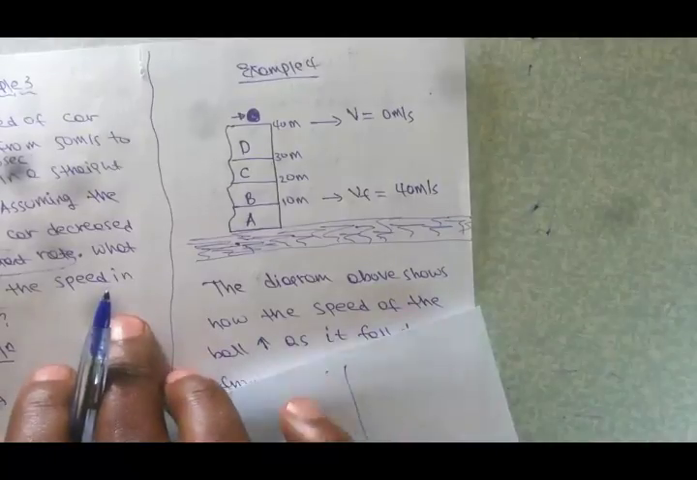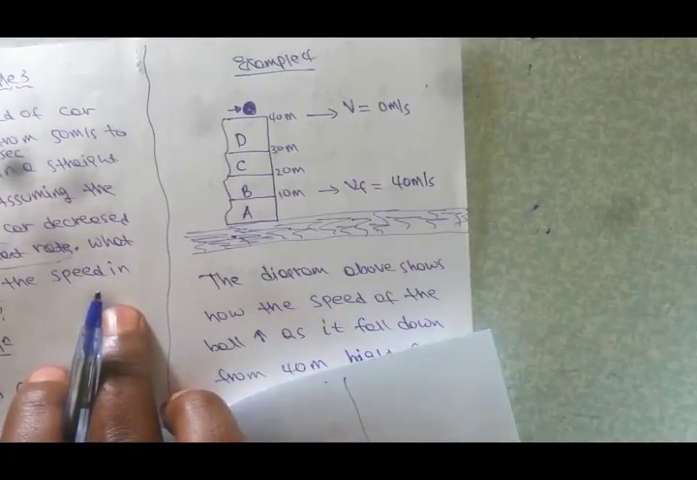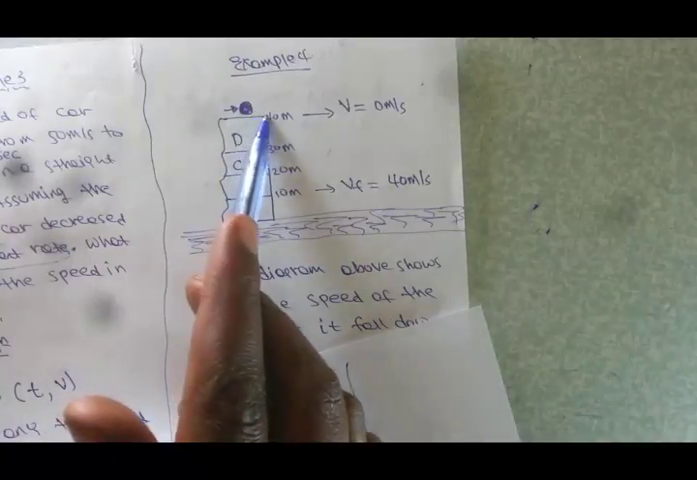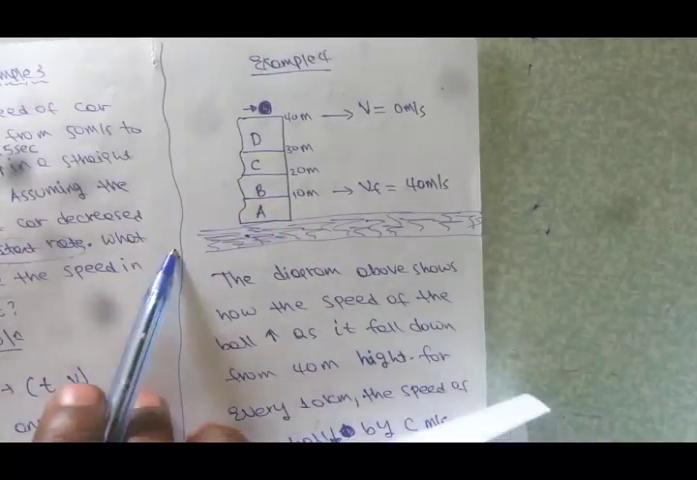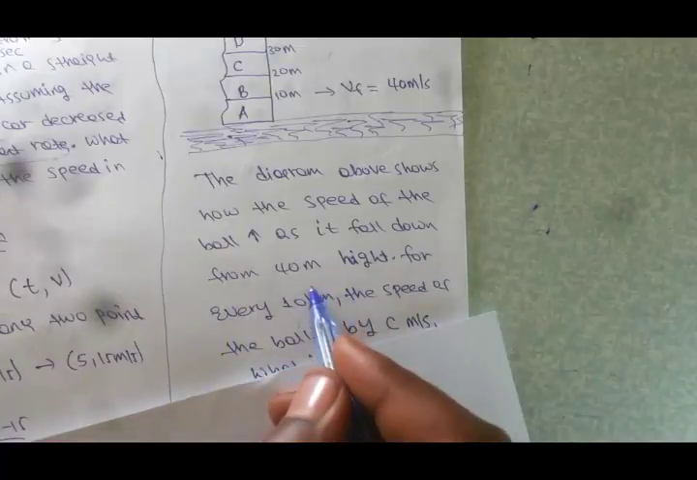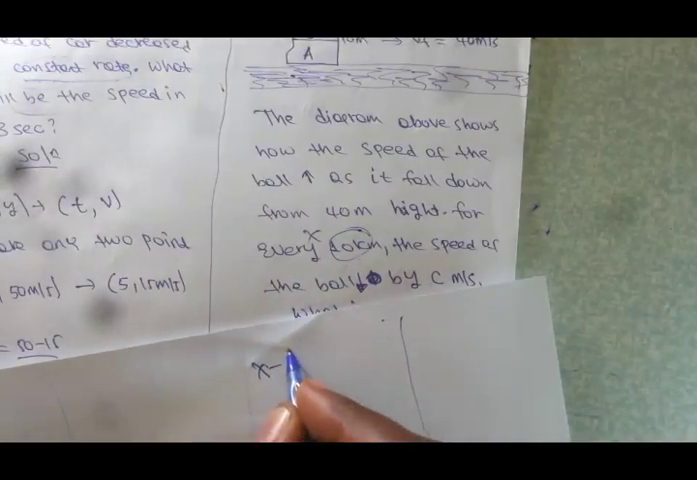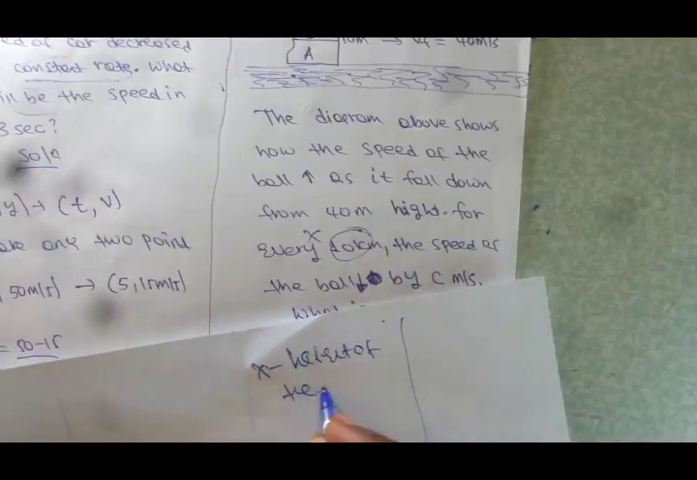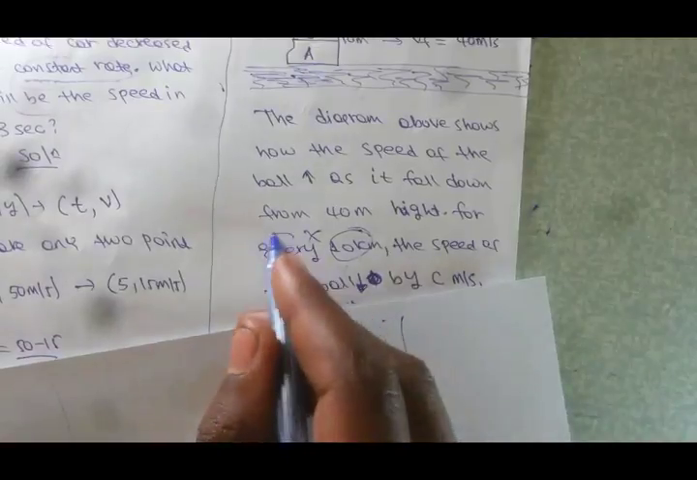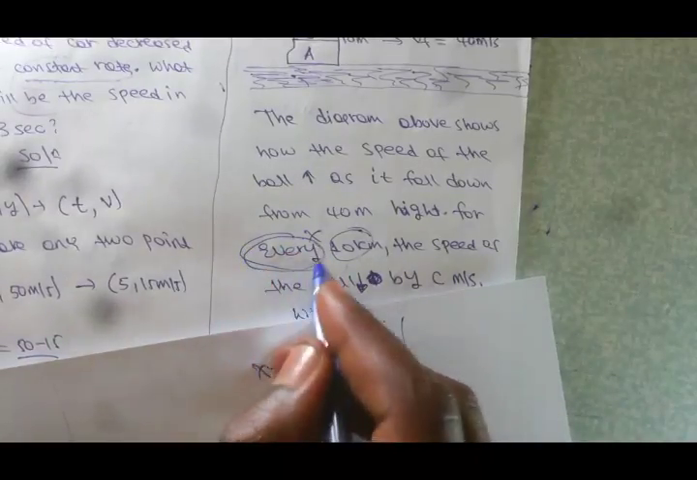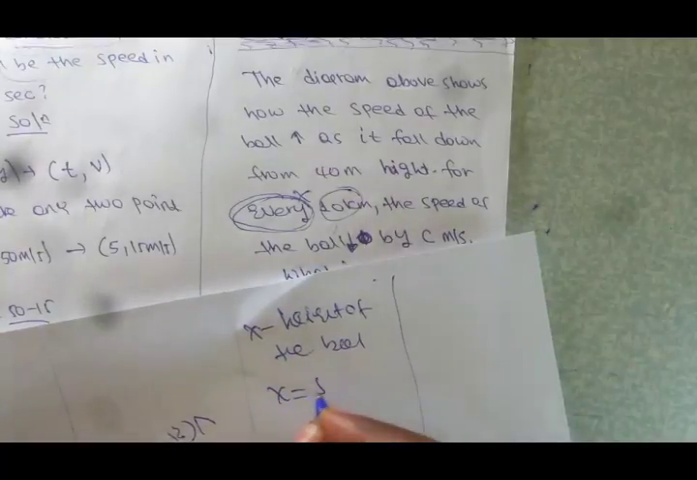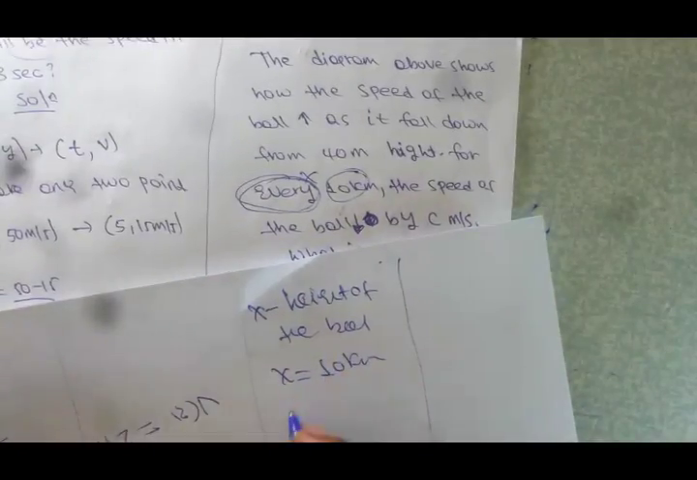The diagram above shows how the speed of a ball increases as it falls down from 40 meters. The ball was dropped from 40 meter height. Whenever you find every, it represents x. Therefore, what does x represent? Height. Height of the ball, because you found a key word every. Whenever you find every or each time, it represents the value of x. Therefore, the value of x is 40 meters. The value of y will be